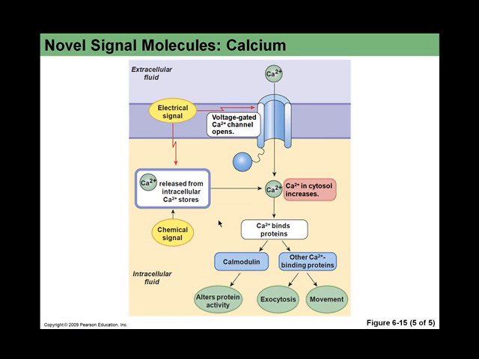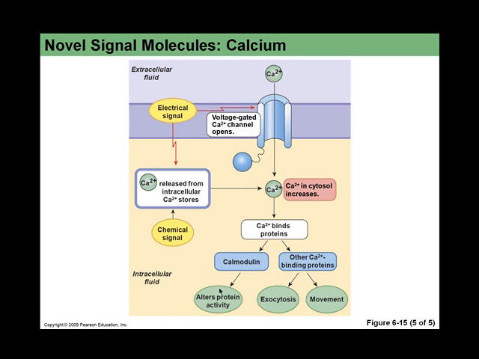And that was going to be regulated by other mechanisms. Remember I talked about that ATP-dependent calcium pump here that's going to pull calcium, the free calcium, out of the cytosol and back into the intracellular stores. There may even be pumps to pump it out as well. So as soon as you get calcium going into the cytoplasm, it's going to bind to things or be removed, and then you have a low calcium concentration again, and so that calcium can come back off. So these are typically transient events,